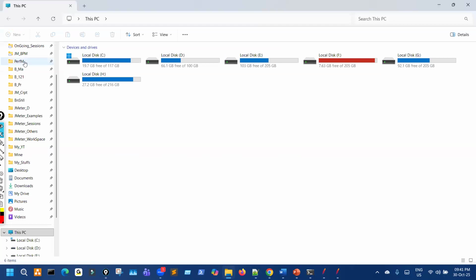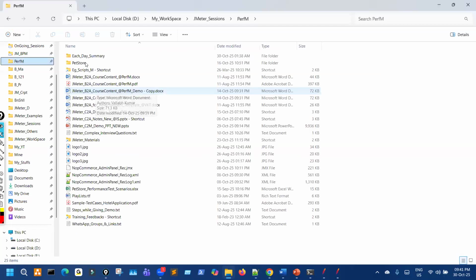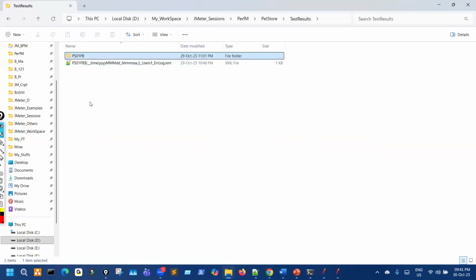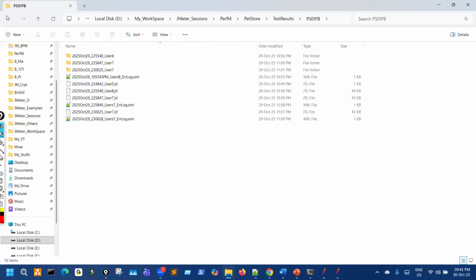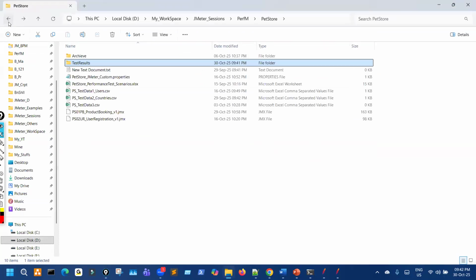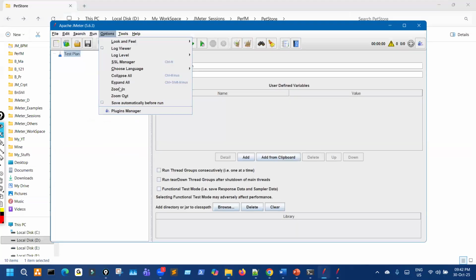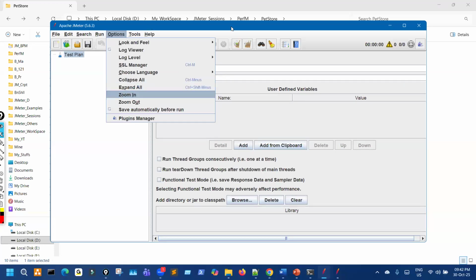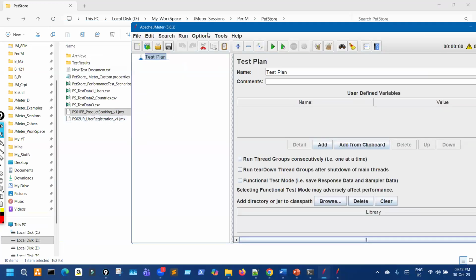We were hard coding our path in the script, but generally we should not hard code. Why not hard code? Because suppose I give this script to you,